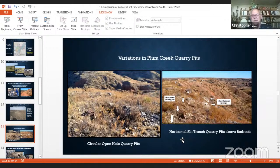When we go to Plum Creek on the north side, we're seeing two types of quarries going on here. On the left are circular open hole quarry pits that are going down from above to find unaltered chert. But we're also seeing that along bluff edges, there are large boulders of Alibates that are outcropping just below the surface. And the vertical arrows that we're seeing here are horizontally stripped back quarry pits. They're digging trenches back from boulders into the sediment to expose